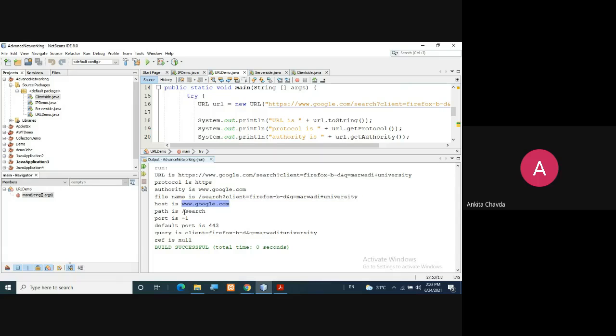Path is from the slash search. Port, because it is not mentioned, will return -1. Default port is 443. Query is what is after this question mark, client equals to this. And you haven't given any kind of reference, so it is null. Fine.